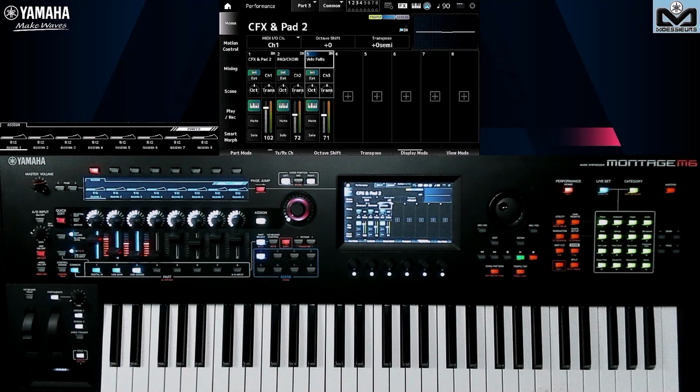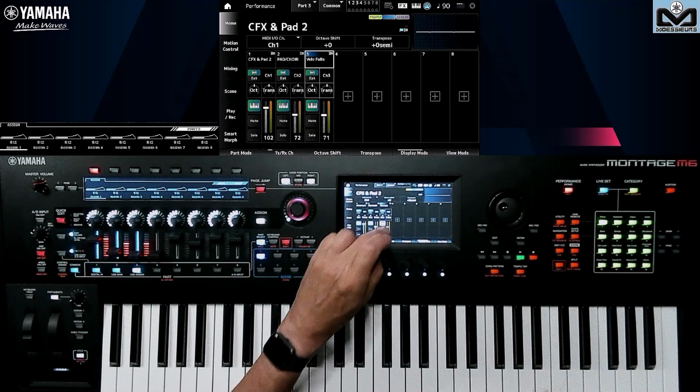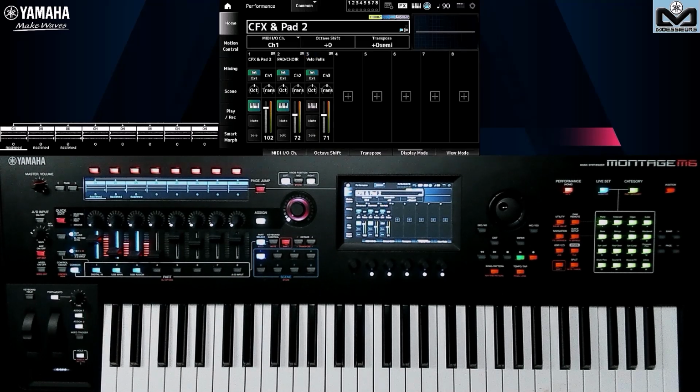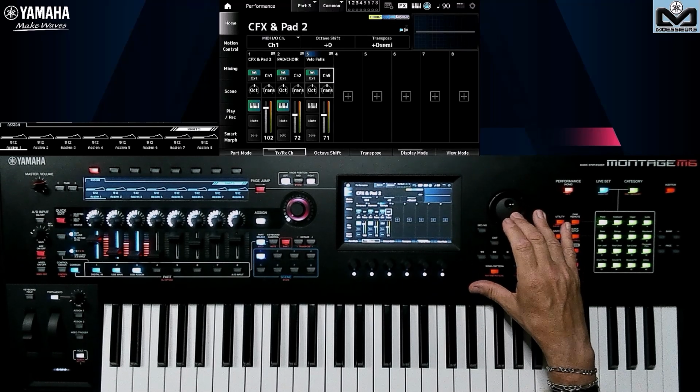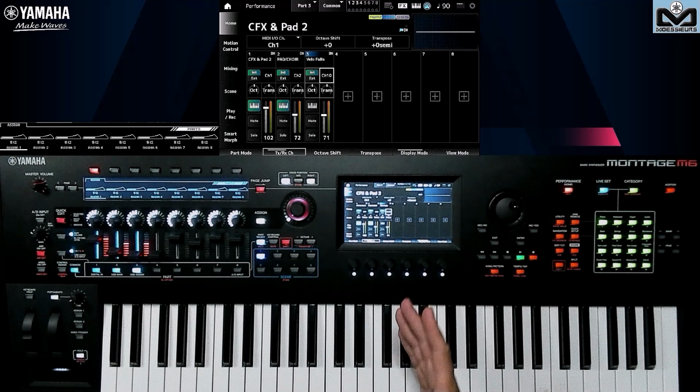What I want is to be able to play this part 3 from another MIDI connected keyboard. So I take it out of keyboard control, and go back to common, so you see it's here. I play the parts that are under keyboard control from my Montage M keyboard. In this example, my Yamaha CK is connected in MIDI 5-pin in on MIDI channel 10. Here I'm on MIDI channel 3, which is where in this view I can define that. You will play only from the other keyboard, and on this MIDI channel. This is where the MIDI channel comes into the game.